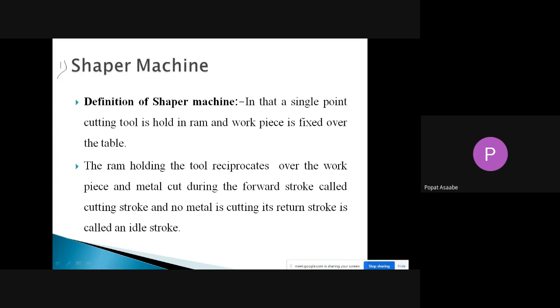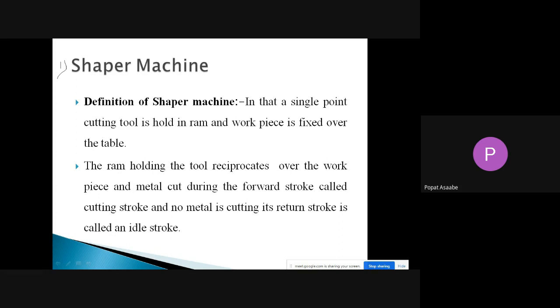Means we are giving the reciprocating motion to the tool with the help of the ram, and because of the reciprocating motion of that tool, it will remove the material from the workpiece. Okay,